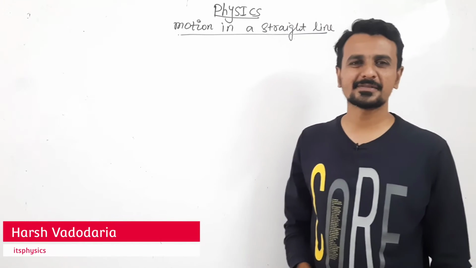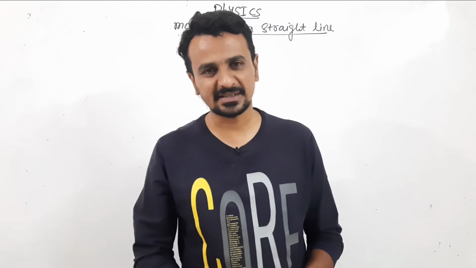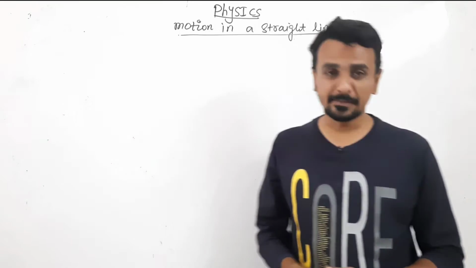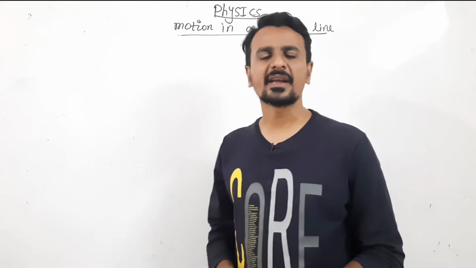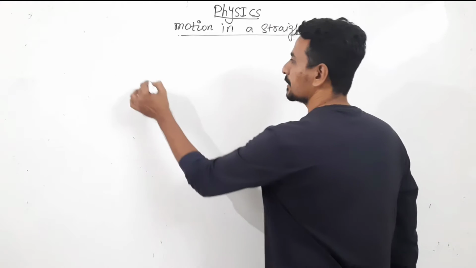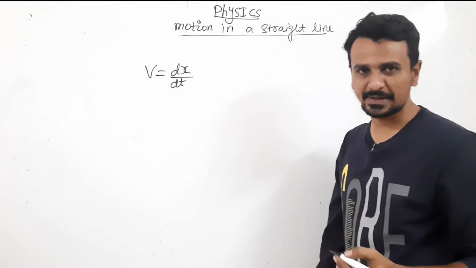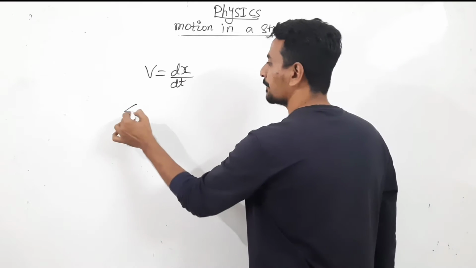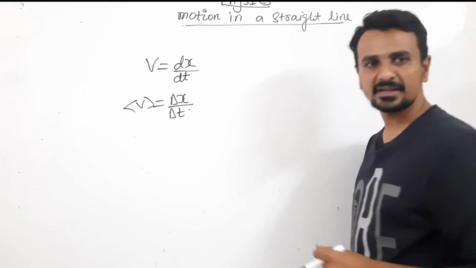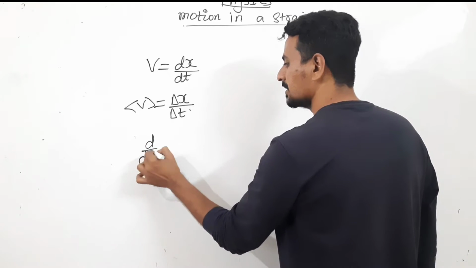Hello students, in the previous lecture we had discussed average velocity and instantaneous velocity. We had also seen that by applying a limit to average velocity we can get closer to instantaneous velocity, right? And finally, instantaneous velocity was dx by dt, that is differentiation of x with respect to time, whereas average velocity was delta x by delta t. Of course, we had seen 2 to 3 formulas of differentiation, I'll just recall them.